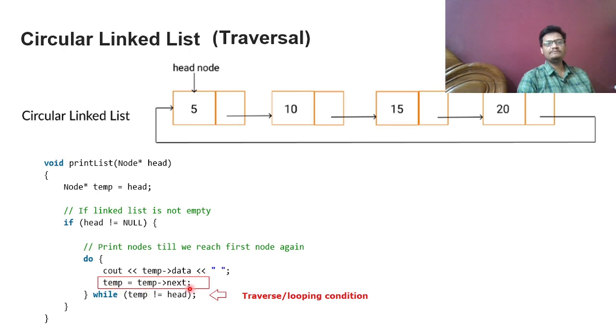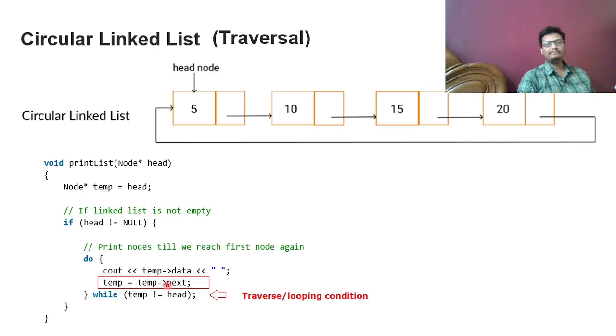Again we are moving temp to temp next. So temp next is pointing to this node. I mean, this node is the last node. Now temp is holding the last node address. Then we are checking temp not equal to head. Definitely this node address is not equal to this node address, and the condition is true, and we are going inside once again, and here we are printing temp data. So temp data is now 20, so we are printing 20 now.